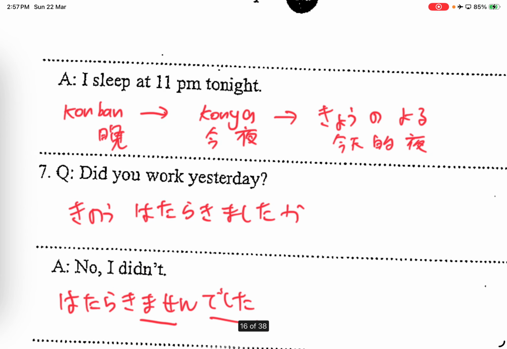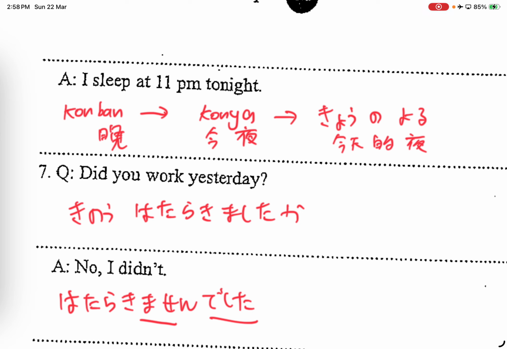I sleep at 11 p.m. tonight. 私は夜午後11時に寝ます。Okay, so she mentioned gogo plus yoru. Right? Usually we just need to mention one of them because yoru is naturally PM already. So you can skip the gogo actually. So 私は夜11時に寝ます。